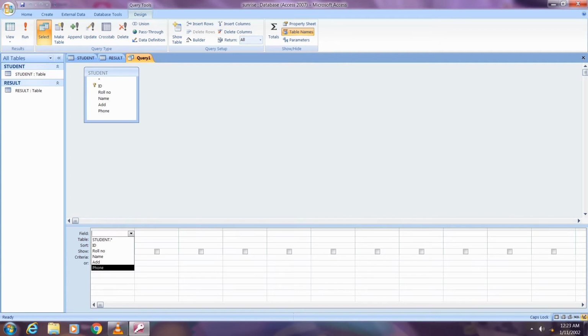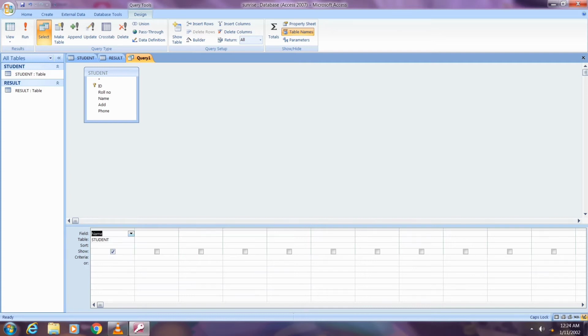If you want to retrieve data for a specific student, then you have to define the name. Okay, so I am clicking on name.